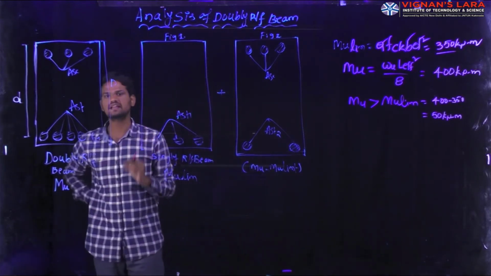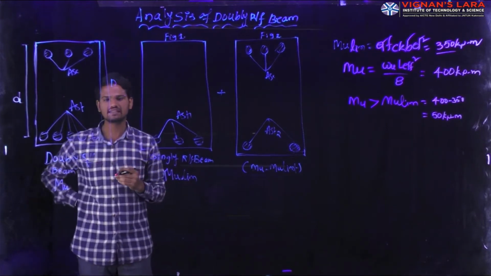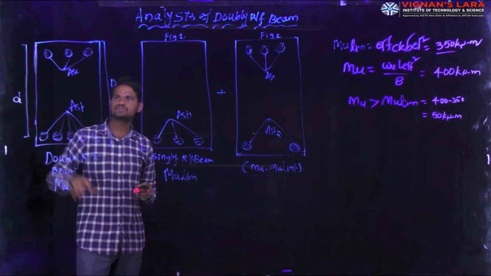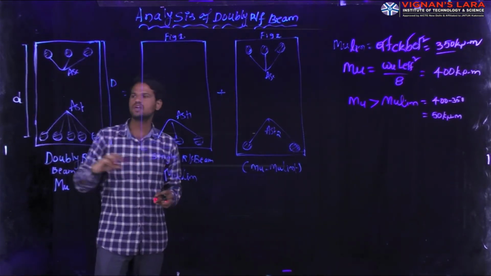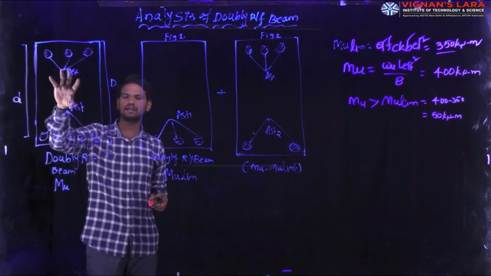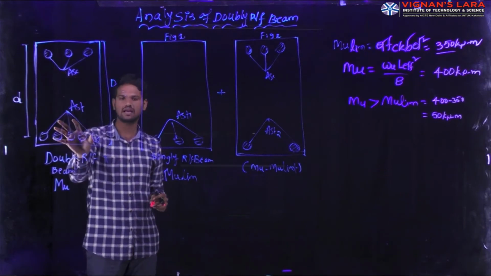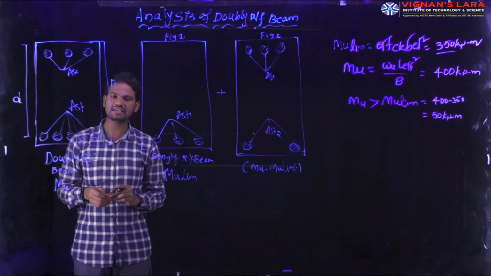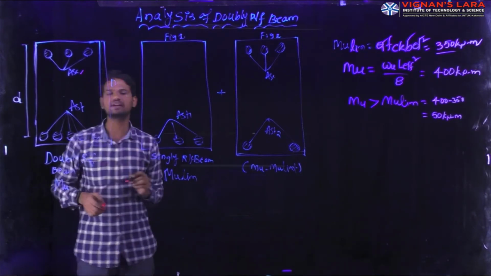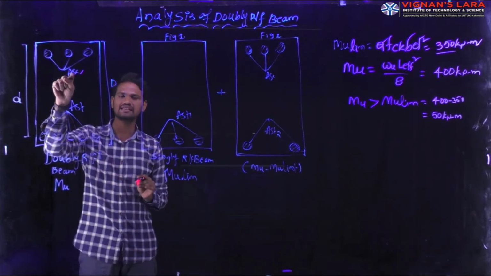That other manner is nothing but the provision of extra reinforcement in the compression zone as well as in the tension zone. If you observe here, I have drawn some diagrams, and I will explain them. If you consider here, this is the doubly reinforced beam. In this doubly reinforced beam, we provide reinforcement in the bottom zone as well as in the compression zone. The area of the steel reinforcement in the compression zone we are naming as ASC.